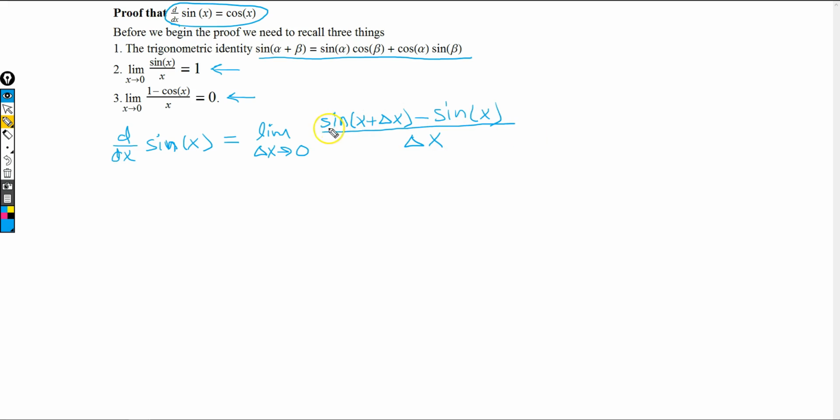Now what we're going to do is split this sine function up. We have sine of x plus delta x, so the x is like our alpha, the delta x is like our beta up here, and we're going to split this up using this identity. So we're going to write this as